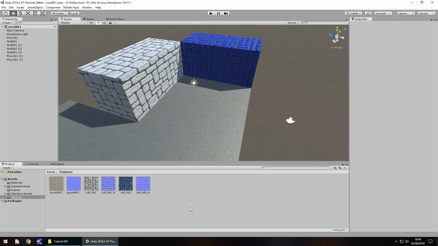Hello there, I'm Jimmy Vegas and this is how to create a Wolfenstein 3D FPS clone in Unity, and welcome to episode 3. So in this tutorial we're going to take a little more look at level design. We'll bring in some more textures to create some more of this level, and we'll also look at bringing in